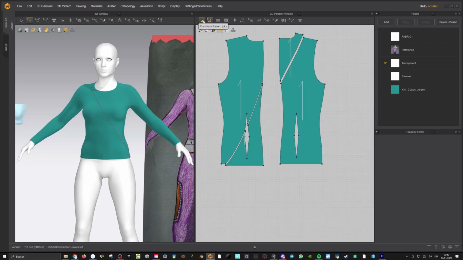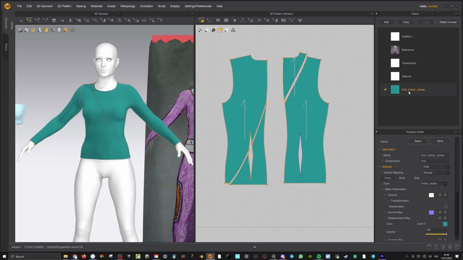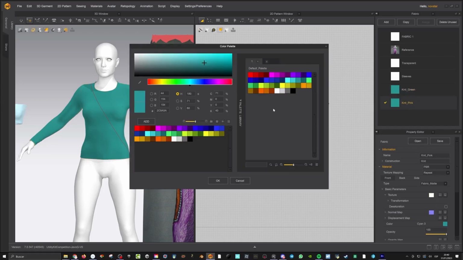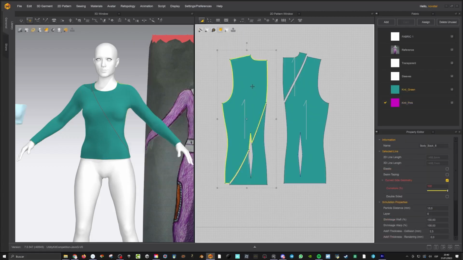And also let's make this a different color, right? Because, I'm just gonna say copy this, and we're gonna call this net pink. I'm gonna call this net green, and the pink one obviously, well, we're gonna make it pink. Okay, and now let's